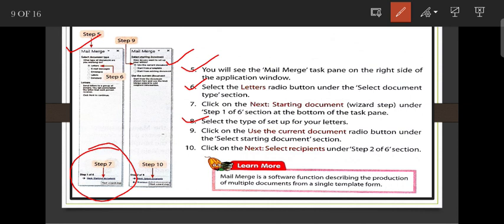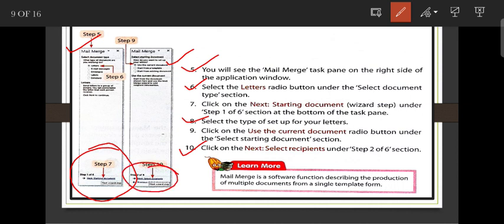So you need to choose the use the current document radio button under the select starting document section. Next is number 10. Click on the next, select the recipients under 2 of 6 section.